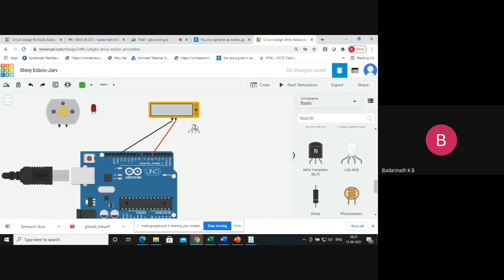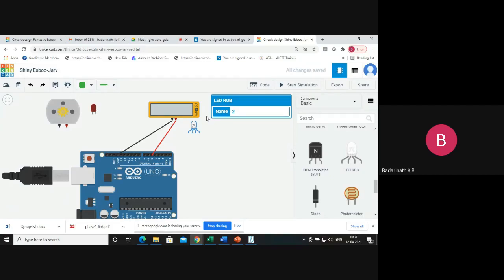So I require a single LED. I don't want multiple LEDs, because with multiple LEDs the cost of the circuit will be more. I want a single LED that can indicate different colors. If I want red, it should indicate red. If I want green, it should indicate green. If I want yellow, it should indicate yellow. If I want pink, it should indicate pink. So how is it possible? That is possible using what are called RGB LEDs.